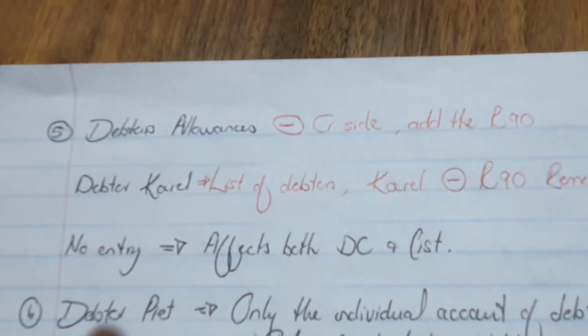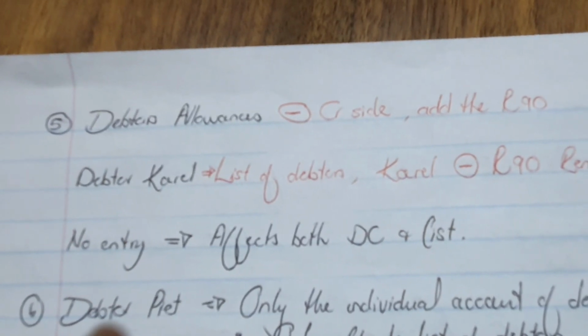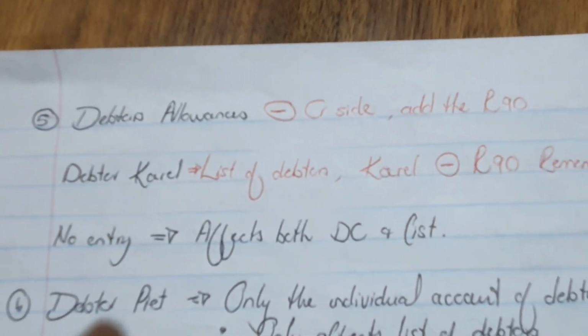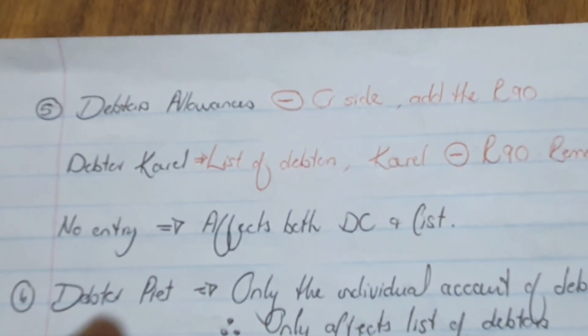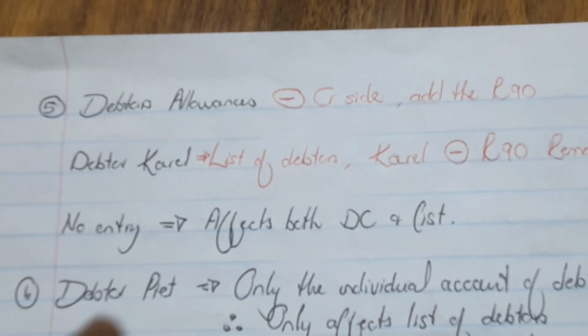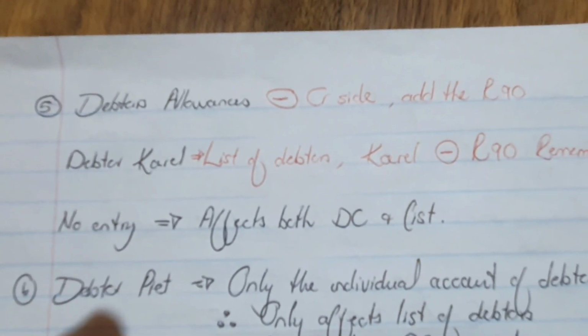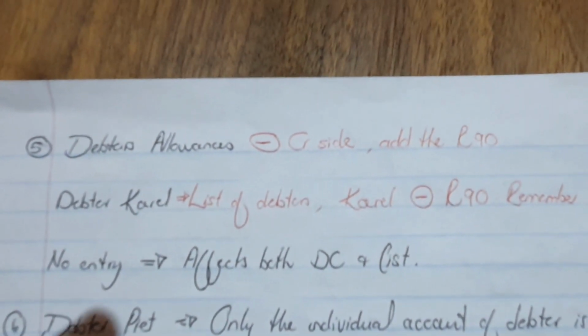Number 5 said that debtors allowances of 90 Rand for goods returned by debtor Carl were approved, but have not yet been recorded. Because nothing has been recorded, it will affect our general journal because it must be entered there. From the general journal, it will affect the debtors control account in the general ledger, but also it will affect the individual account of debtor Carl in the debtors ledger. So therefore,